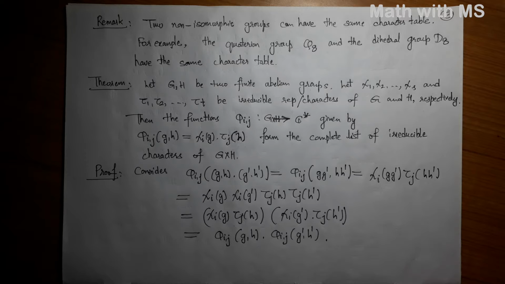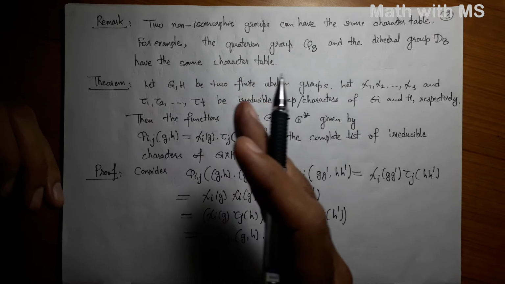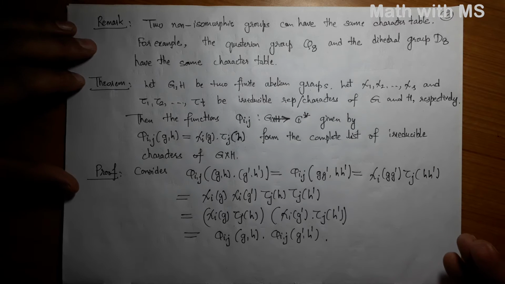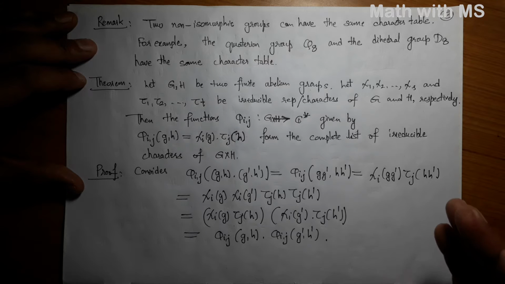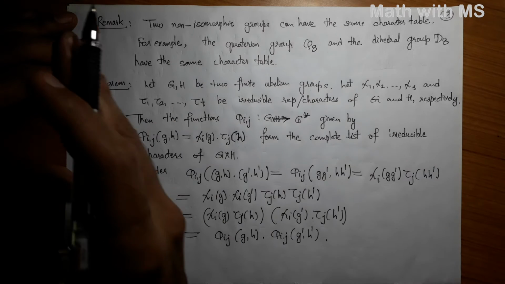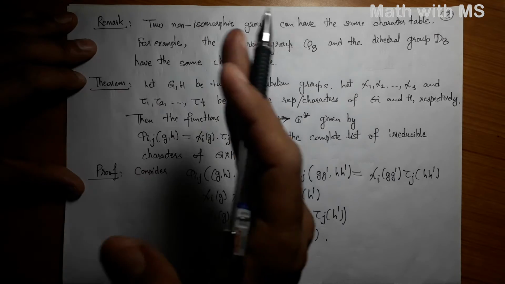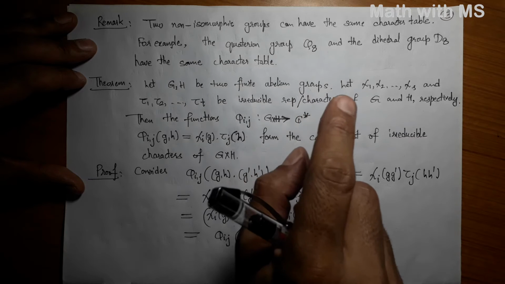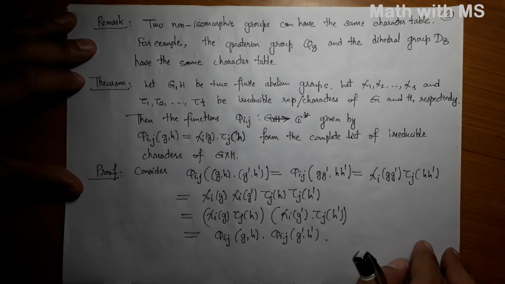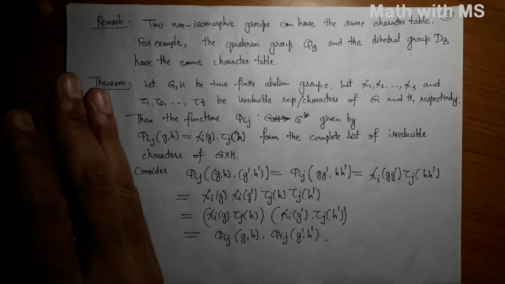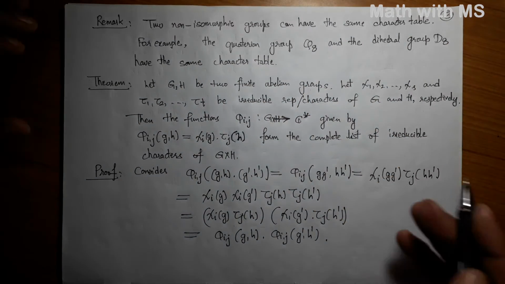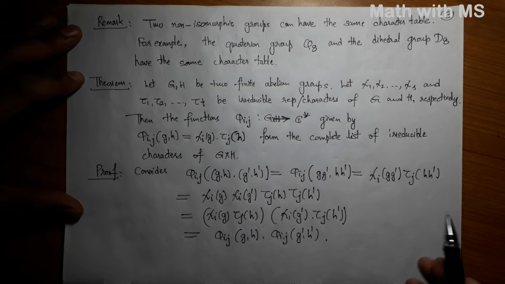Now recall that every finite abelian group, by the structure theorem, is simply a direct product of some finite cyclic groups. And for each finite cyclic group, you know what all the irreducible characters are. So if your group G is a product of finite cyclic groups, let us say Z mod N1Z times Z mod N2Z times Z mod NkZ, you find all the irreducible characters of Z mod N1Z, Z mod N2Z, so on, Z mod NkZ, and then take their products.